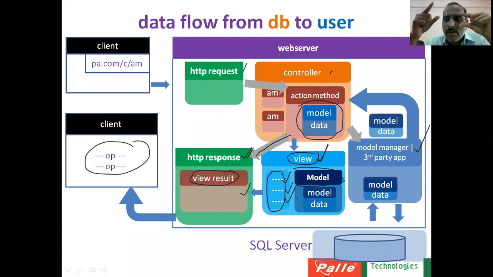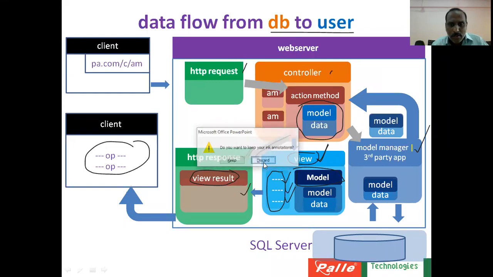Now I already told you that there is one more flow. Normally if you take any software application, there will be two flows. User will give data, and that data I have to store into my database, or already existing data is present in the database, and you will be fetching that data and displaying it to the users. So currently we observed the second part. Now let us talk about the first part.